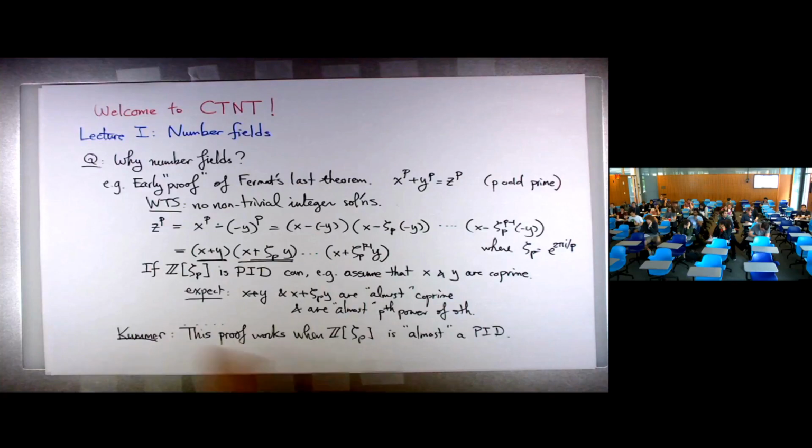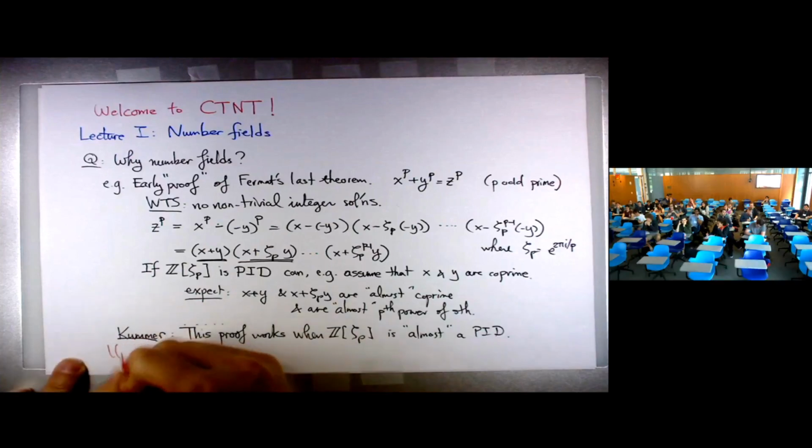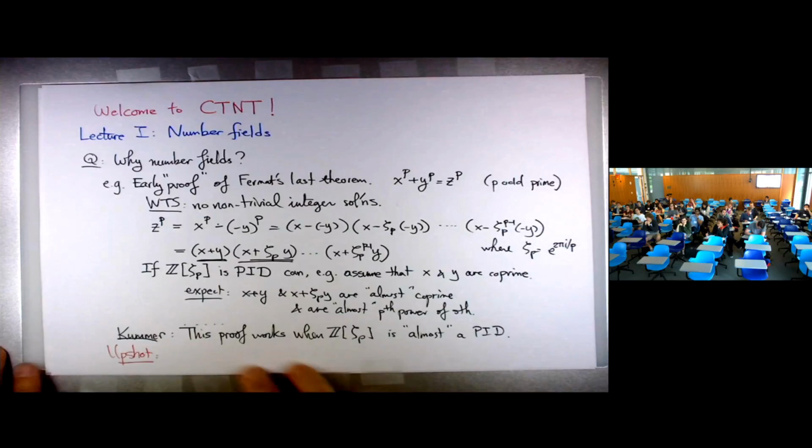I also want to make one major remark: Kummer used this method to prove this for all odd primes p less than 100 except for 3 primes. So he proved a lot of Fermat's Last Theorem, actually. So here's the upshot to conclude at the end of this example, which is that